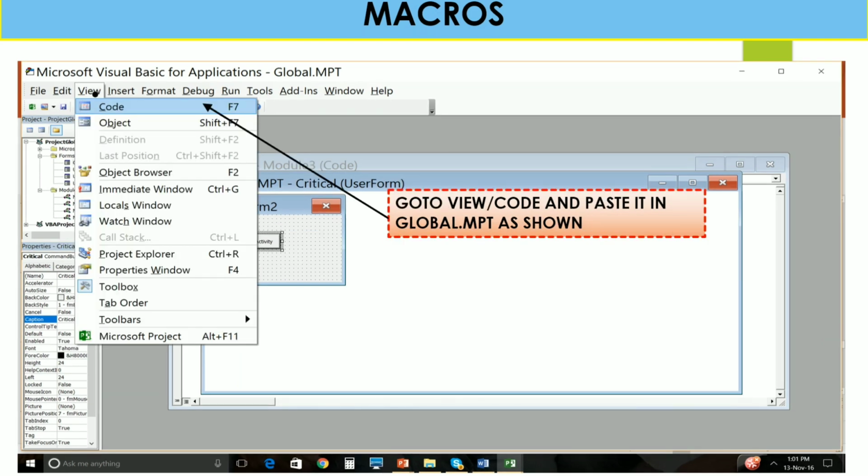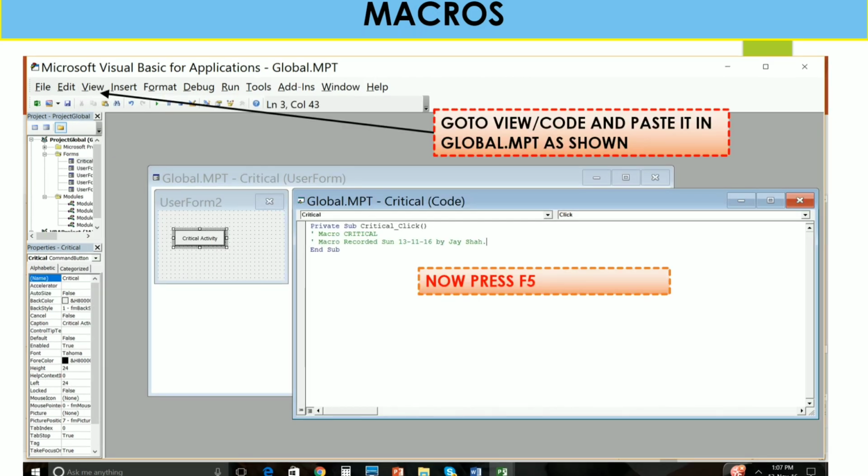After that, go to View, go to Code and paste it in the global empty file as shown. So go to Code, and now here we have already pasted that green color code as shown in the global MPT file. Now press F5.